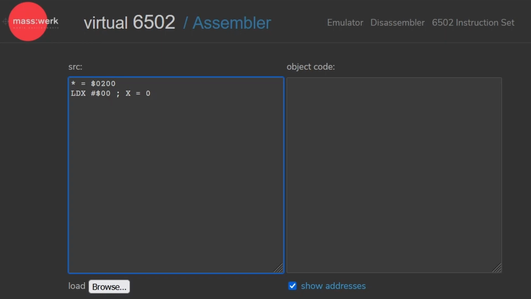The pound symbol means immediate mode. Don't sweat the language. There are 13 addressing modes. You can forget all their names and still write first-class assembly language. Just remember that the pound symbol means this is a value, not a memory address from which to retrieve the value. So we've set x to 0. It's my intention to use this as a loop counter.